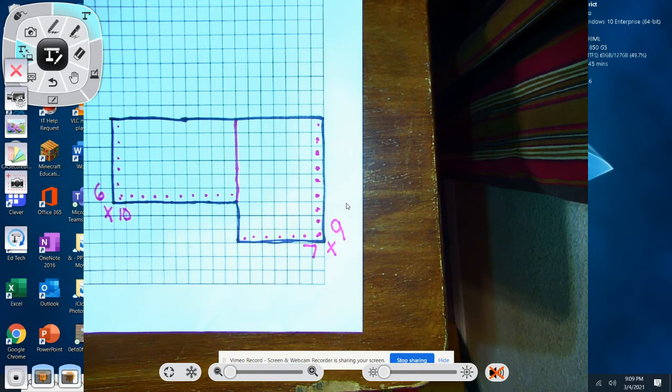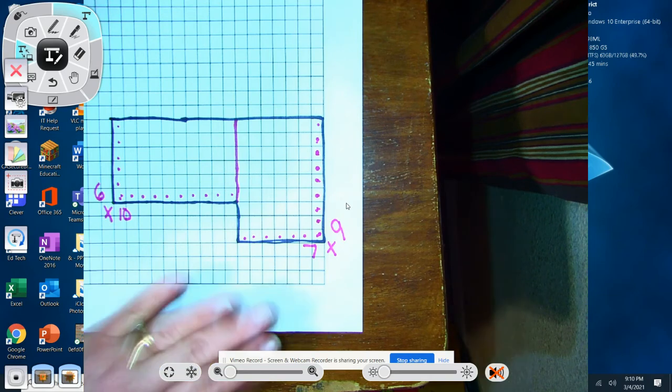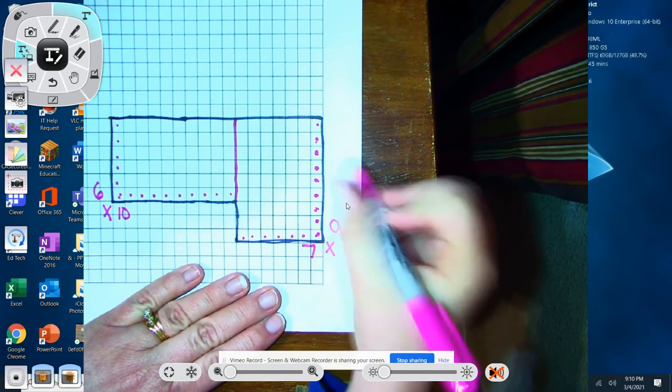7 times 9. Well, if I have been practicing my 9s, and remember we learned those 9 tricks, and we should be doing our time test every day. I give you a time test every day, so I hope you're doing that. 7 times 9 equals